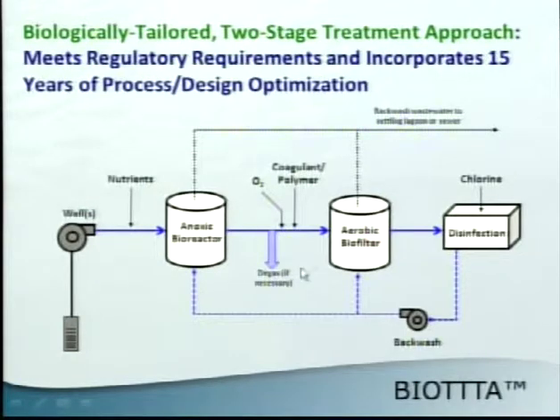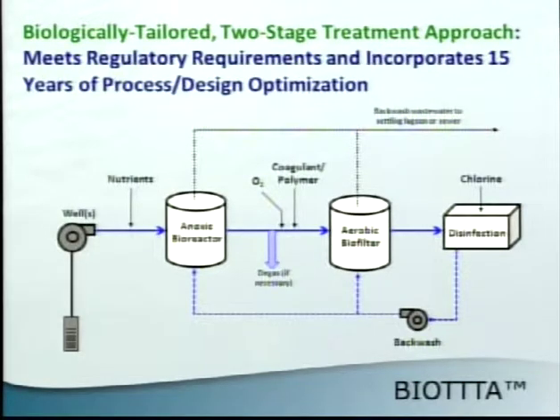Sometimes you do need a degas. If the nitrate levels are high, you have to remove nitrogen gas, otherwise it binds your system. And that can be done in a number of ways: cascade type aeration, an inline degasifier, or a cyclone type degasifier. We put a little polymer in to basically just condition the cells that are coming off the anoxic bioreactor. And then we go through an aerobic biofilter. We intentionally leave this system biologically active as well, so it can do a number of things for us, polishing